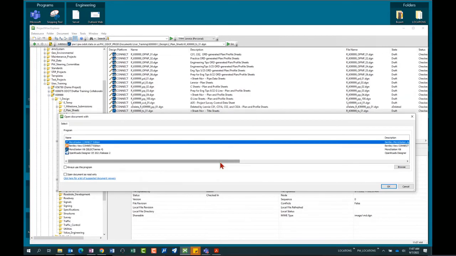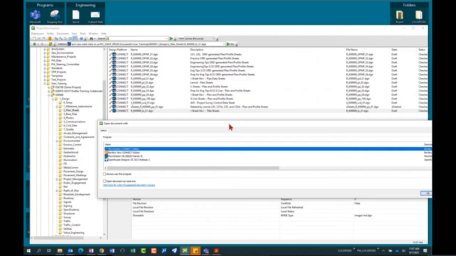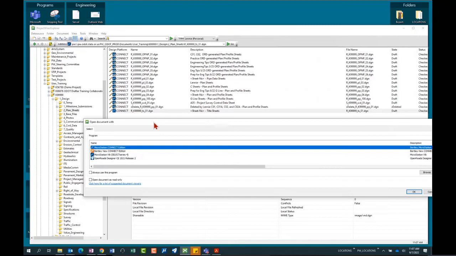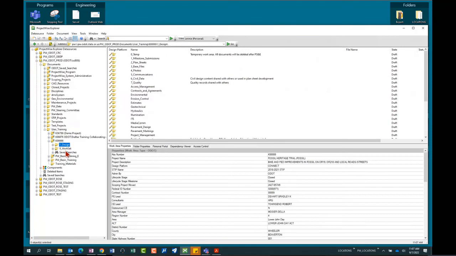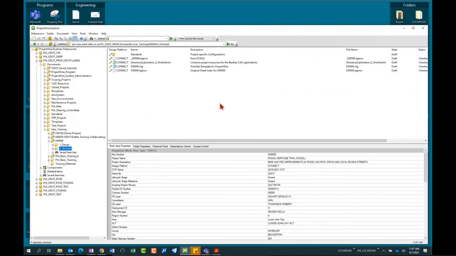This is also the best way to ensure that you will have access to the ODOT standards once the file is open, because this file lives in a project that's got a workset folder. That workset folder will be seen by the Connect edition of the products, whether it's ORD or MicroStation Connect or in the future OpenSite. That workset will be seen and it will be loaded at launch. The DGN file will be branded. All of those things help you to ensure that you have access to the ODOT standards. They're all working in